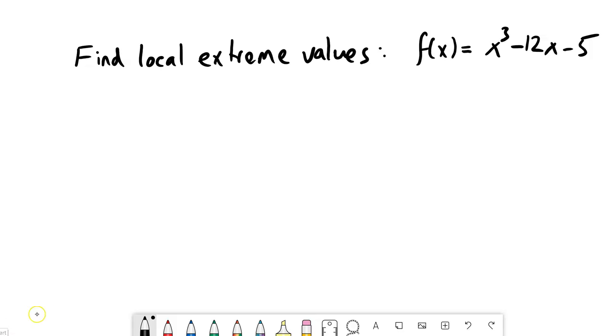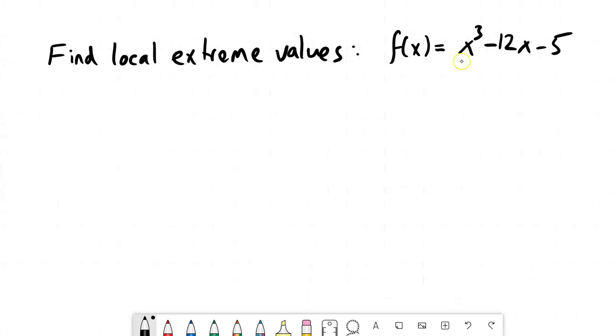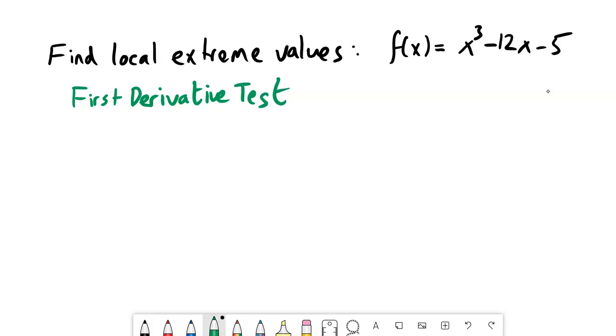Okay, so we're given this problem: find the local extreme values of this function. It's a cubic function. It looks like a simple function, but we want to find the local extreme values. And the only way to do that we know right now is the first derivative test. Since this function is actually defined for all values of x, we're only going to be looking at the interior